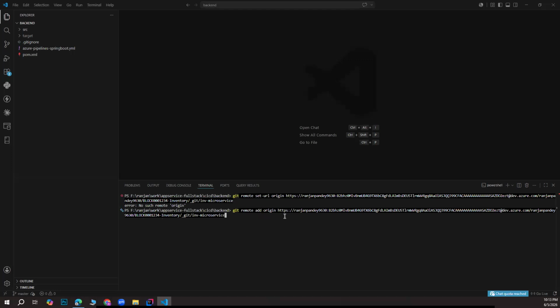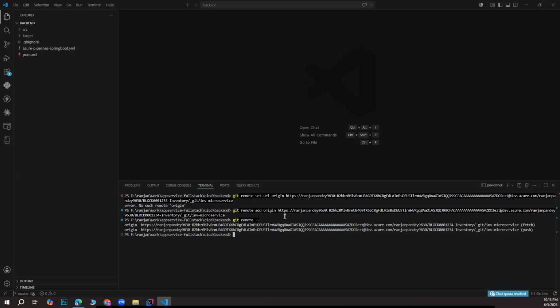Git remote add origin, and then origin is set. So let's check git remote -v. Yes, it is correctly set now. So now we can say git push. And where we have to push, we have to set